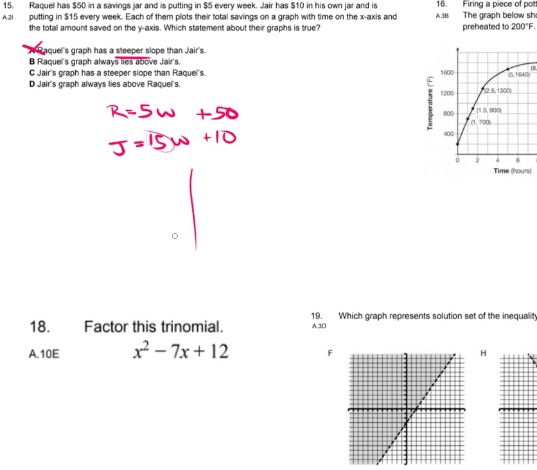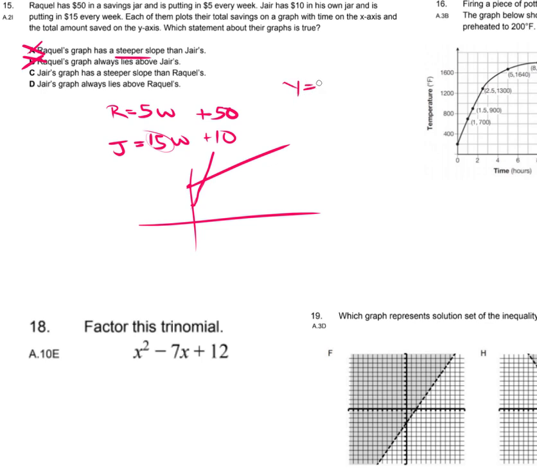So if you think about it on the line, it's saying that Raquel's is always going to be above. Even though it starts off at the 50 here, remember, it's got a slight, not as big a steep. This one starts at 10, but it's got a much bigger steep. So it's not always going to be above Jer's graph. It does start that way, but eventually Jer's going to overtake him if he keeps up. So Raquel's graph always lies above Jer's. You could actually, if you wanted to, graph both of these in your calculator to see what they